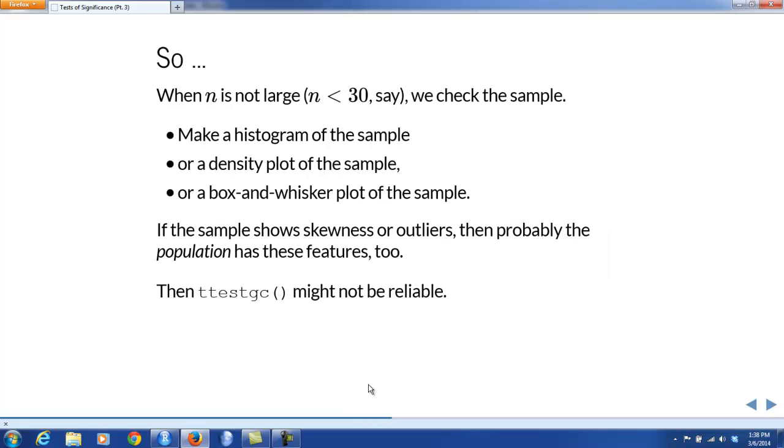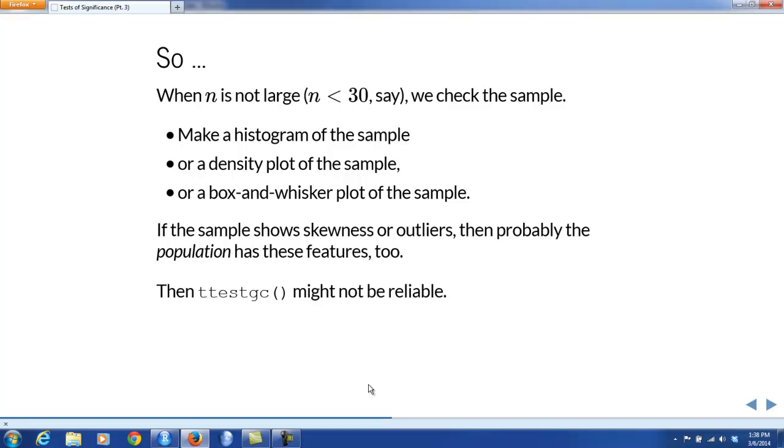And so when our sample size is not large, say if the sample size is less than 30, then we need to check our sample. We need to make a histogram of the sample, or a density plot of the sample, or a box and whisker plot of the sample, something that will give us an idea of the distribution of the sample. Because if the sample shows skewness or outliers, then probably it does so because the population has those features too. In that case, the t-test might not be reliable. So this is just one indication of why those safety checks that we perform early on in a test of